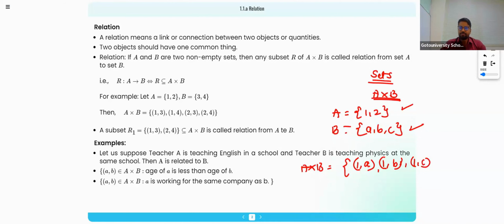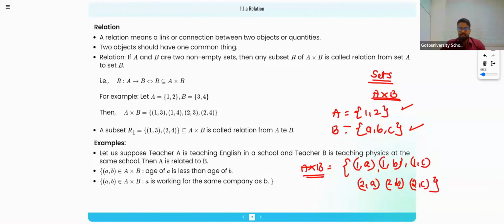1 comma c. These are 3 elements related to 1. Now we have 2 comma a, 2 comma b, and 2 comma c. Can you see this? Yes. So this is A cross B, right? This is the product A cross B. Now, what is the relation? If you take any of the elements from these ordered pairs, and each and every combination of the elements you take,